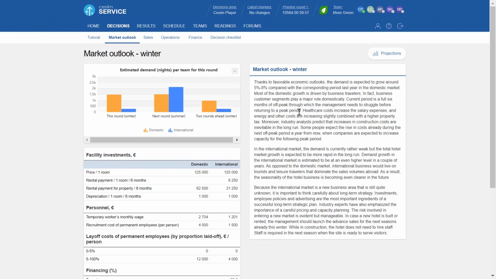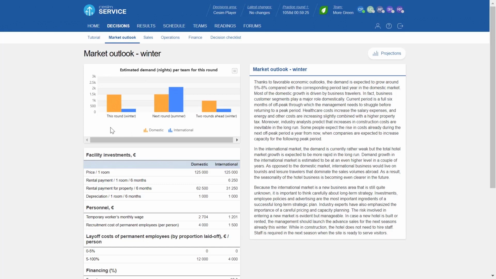In this particular simulation you are operating a small family hotel in a seasonal environment, so you have winter seasons and summer seasons following one another. Currently we have our operations only in the domestic market, but we have the option to expand internationally if we want to. And this chart here gives you an indication about how the demand is developing over the foreseeable semesters or